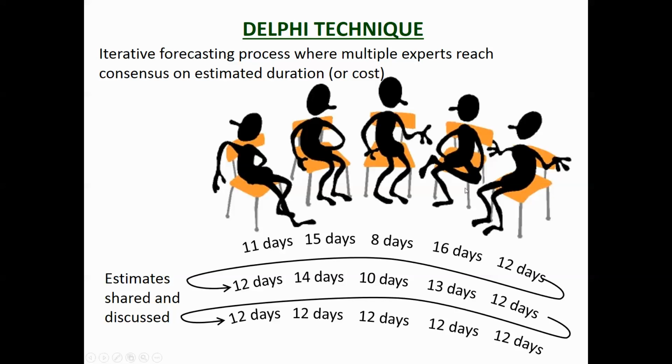So what you do is you say, okay guys, how long is it going to take us to do the curve and channel? You've got 5 experts in the room, and this guy will say, oh, it's going to take 11. So initially they don't talk about it, they just sort of come up with their own estimates. This guy says 11 days, this guy says 15, he says 8, he says 16, he says 12. Now you all compare the estimates and you discuss it. This guy might say, well, I thought it was 8 days because,